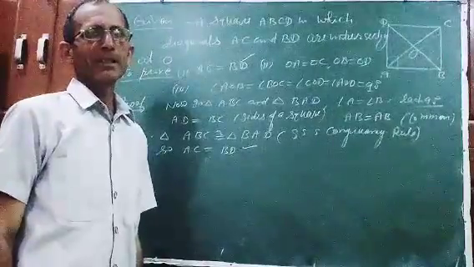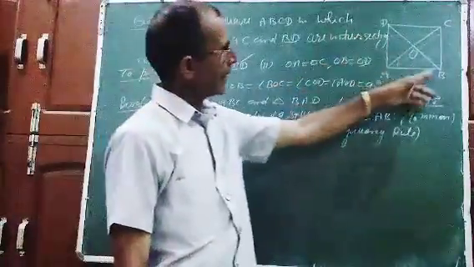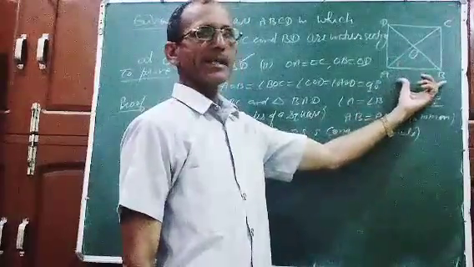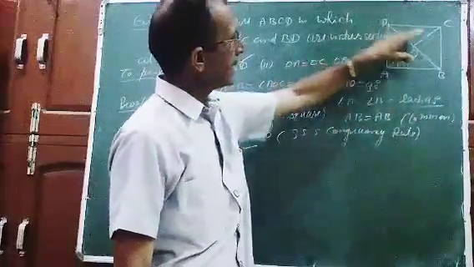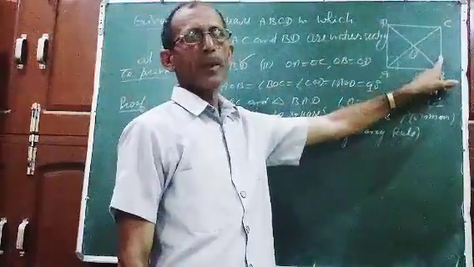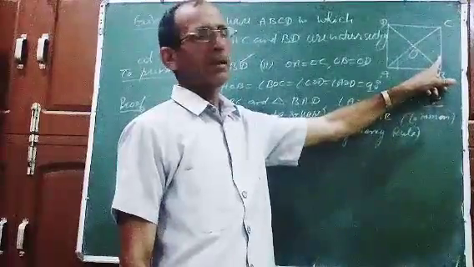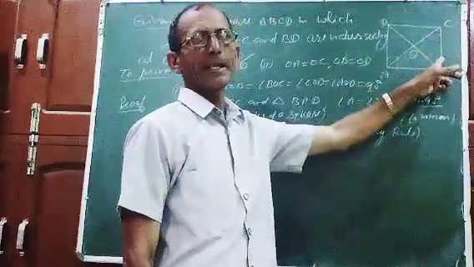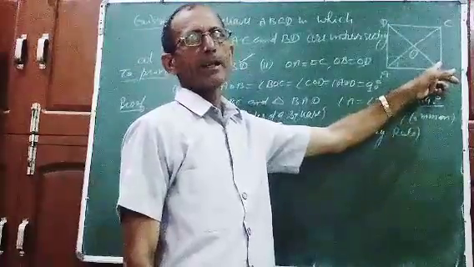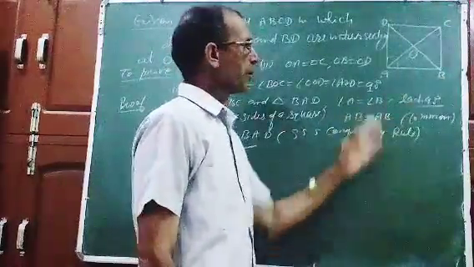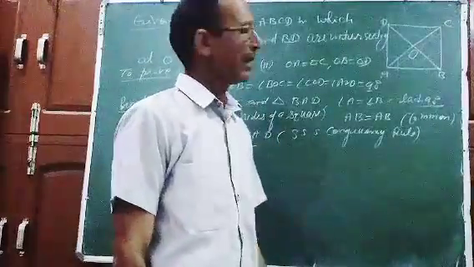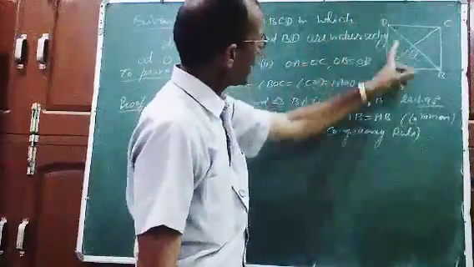Have you understood? Okay, I have taken triangle ABC and triangle BAD. In both the triangles, AB is the common side and AD is equal to BC, sides of a square. It means both are equal. Angle DAB is 90 degrees, angle CBA also 90 degrees because angles of a square. So both the triangles are congruent, therefore their corresponding parts will be equal. It means AC is equal to BD.